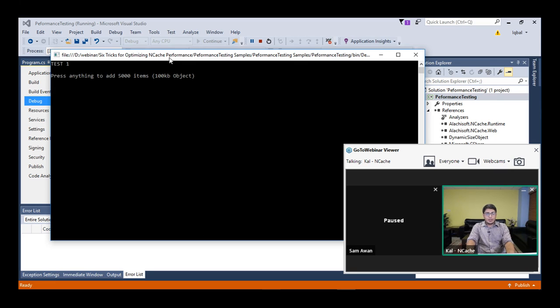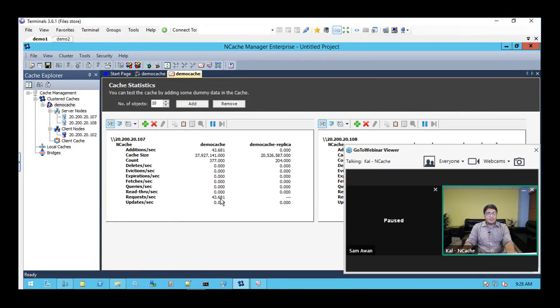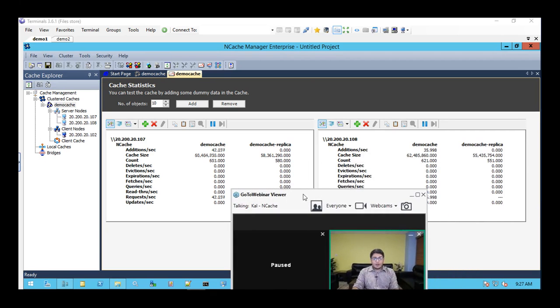I'm going to press enter, and it's going to start adding items into the cache. If we come back to the Encache manager that's here, we see that there's some activity going on. Since there are 2 servers in a partition of replica topology, the data is being added on both servers, on server 1, that is 107, and also on server 2. So the data is going to be divided. Overall total items within the cache are going to be 5,000.